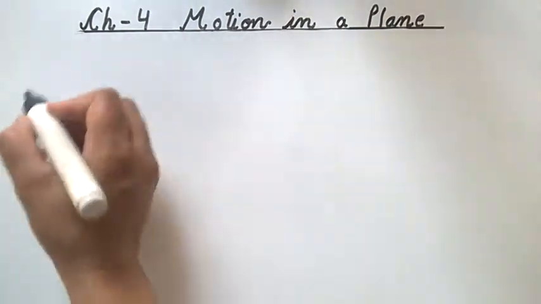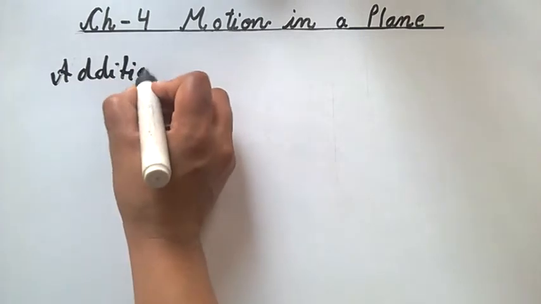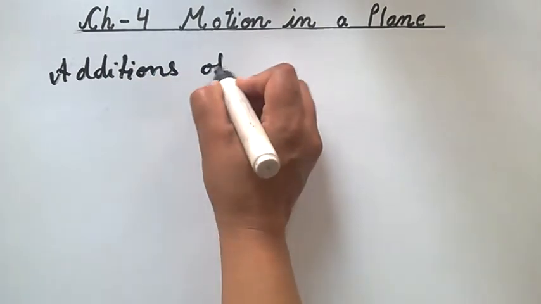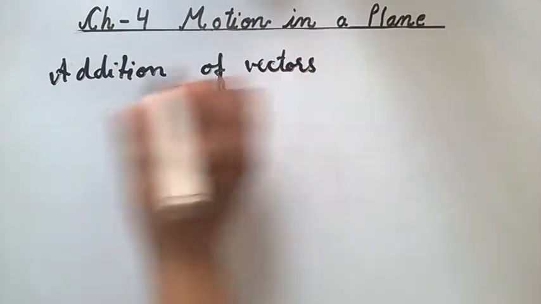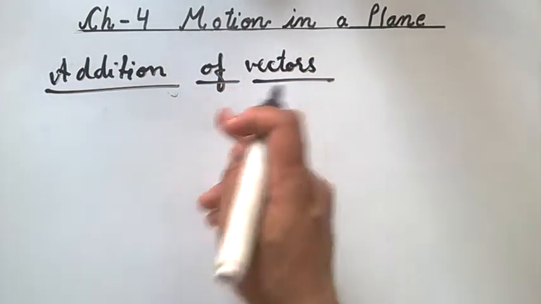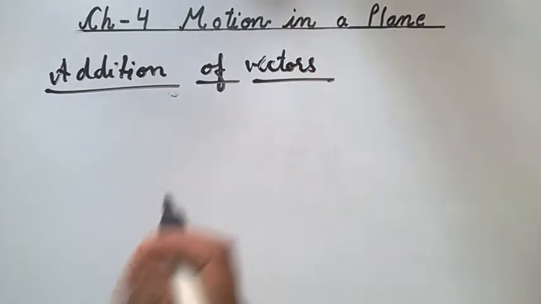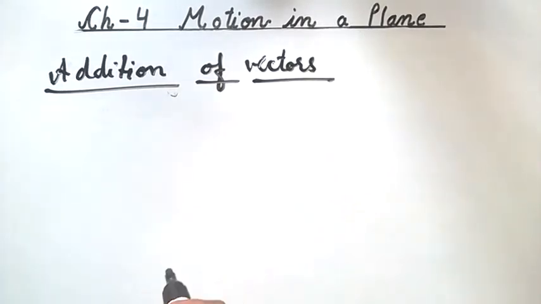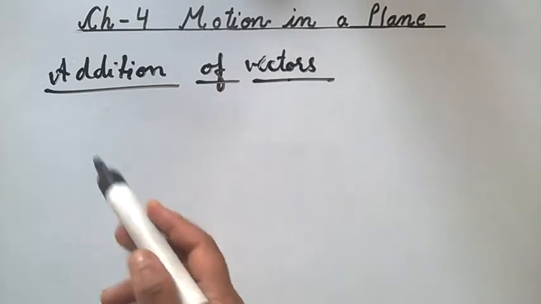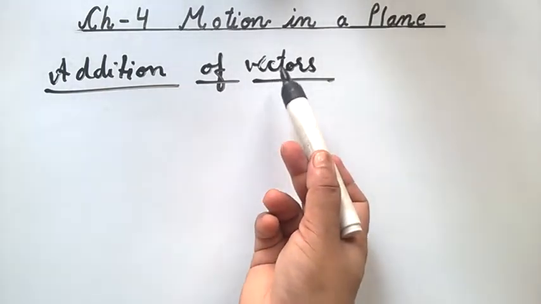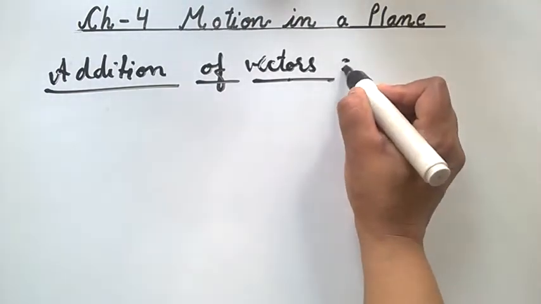Now next topic is addition of vectors. If we add two quantities together, then we know that on adding, the resulting quantity will be greater. But in the case of vectors, we can see that it has direction, so its resultant depends on the direction of the individual vectors which we are adding. That is, if